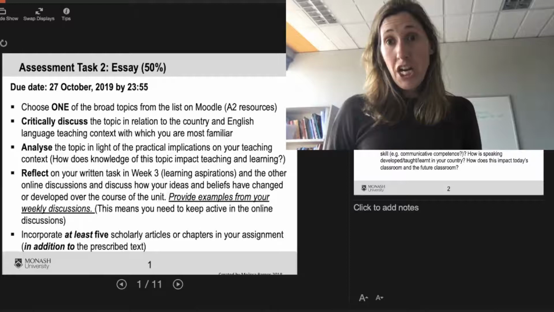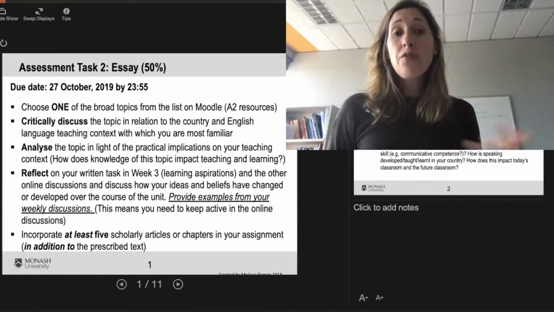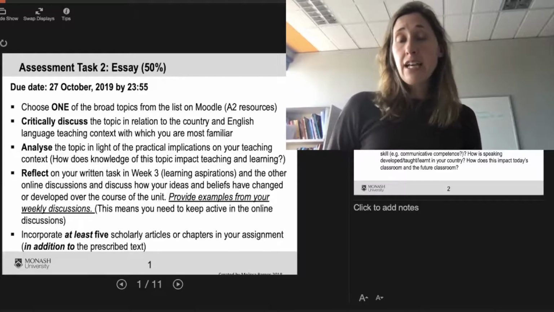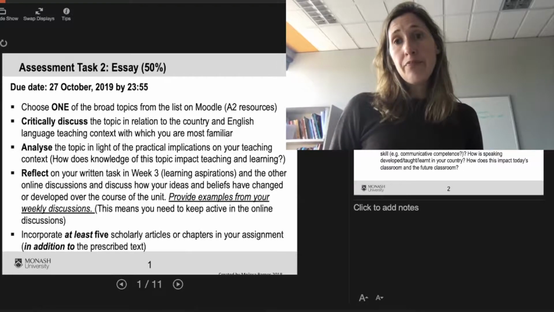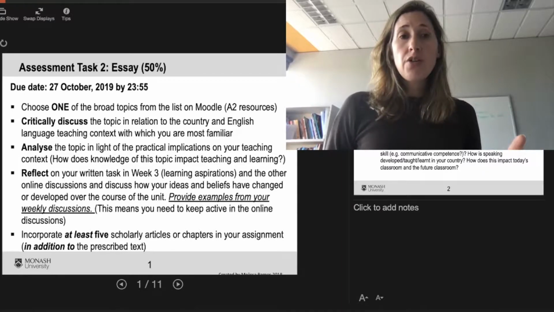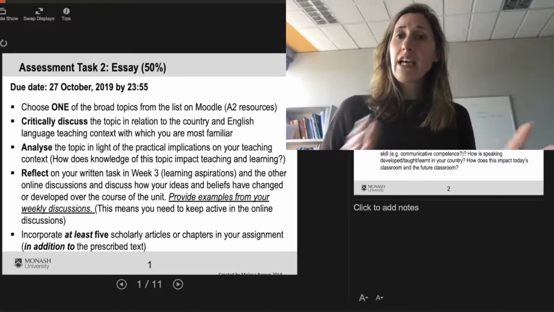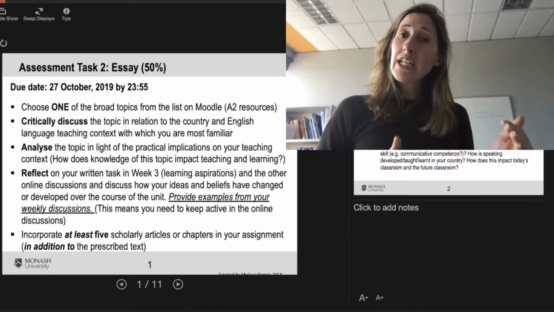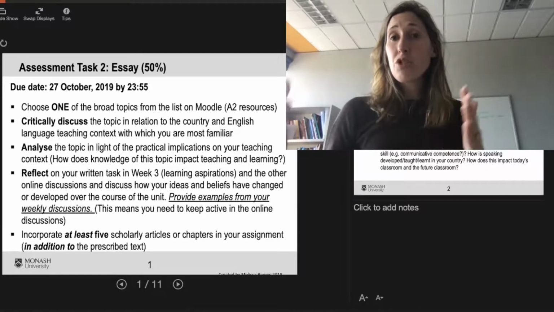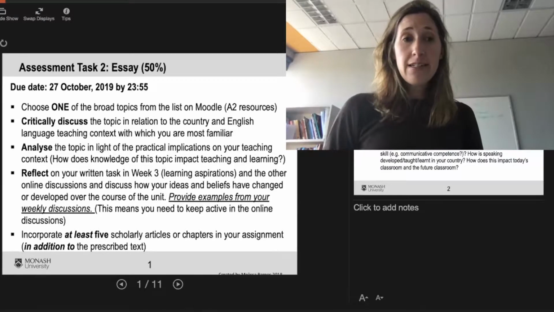So they may not have changed, but they may have developed over the course of the unit. So you need to provide examples from your weekly discussions or your week 3 activity. This just shows that you're thinking critically about what you knew then and how maybe that's developed or changed or broadened your ideas.